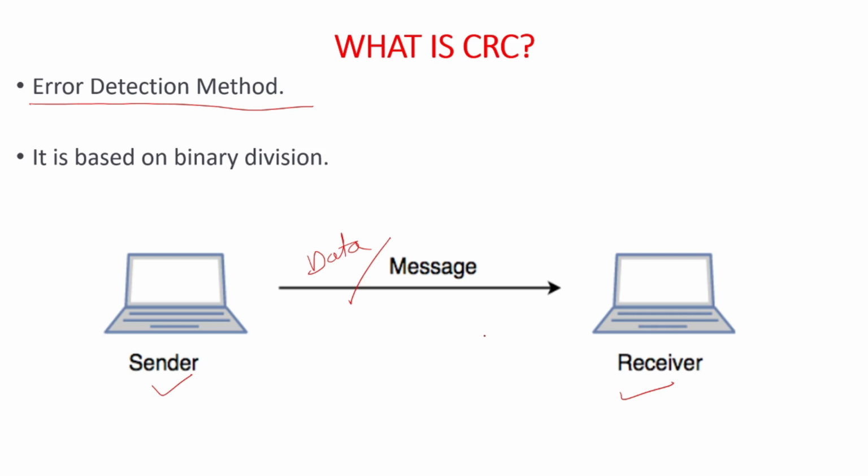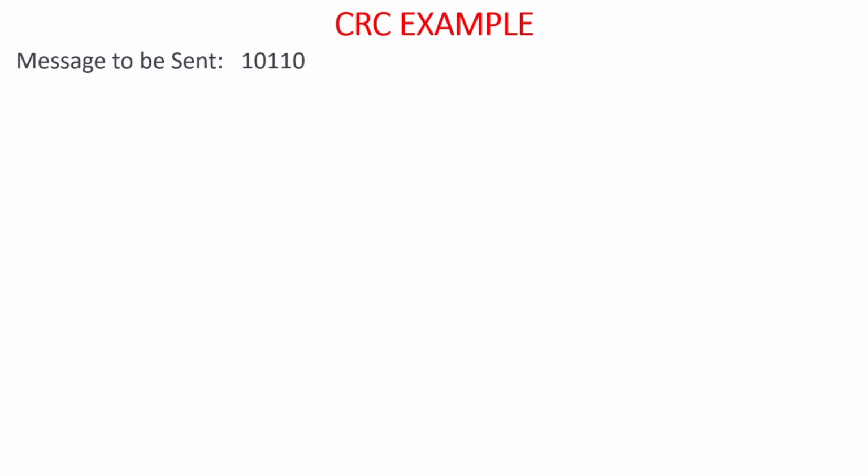So we are going to see CRC with an example. So this is the data to be sent or message to be sent. Whenever we type anything on our computer, it gets converted to machine level language, that is binary numbers 1 and 0, because computers understand only two things, 0 and 1. So whatever we type or send is converted into binary inside the computer, that is 0s and 1s. So that is the data to be sent.